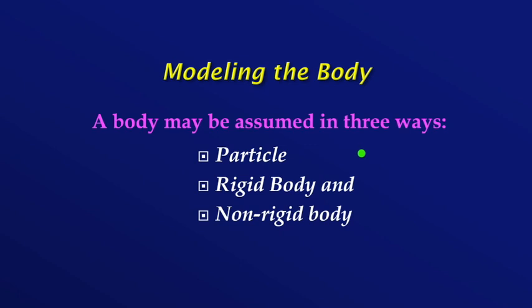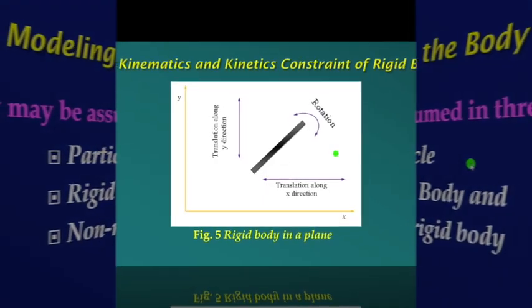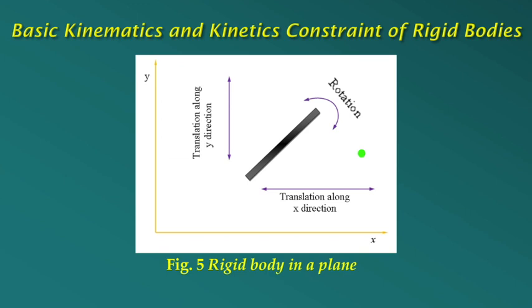So this is all the bodies that we are going to discuss. Out of that, in our next lectures in different topics, we will discuss rigid body, which is not deforming and has a particular dimension. Then what are the two basic types of mechanics that we are going to discuss? That is kinematics and kinetics.